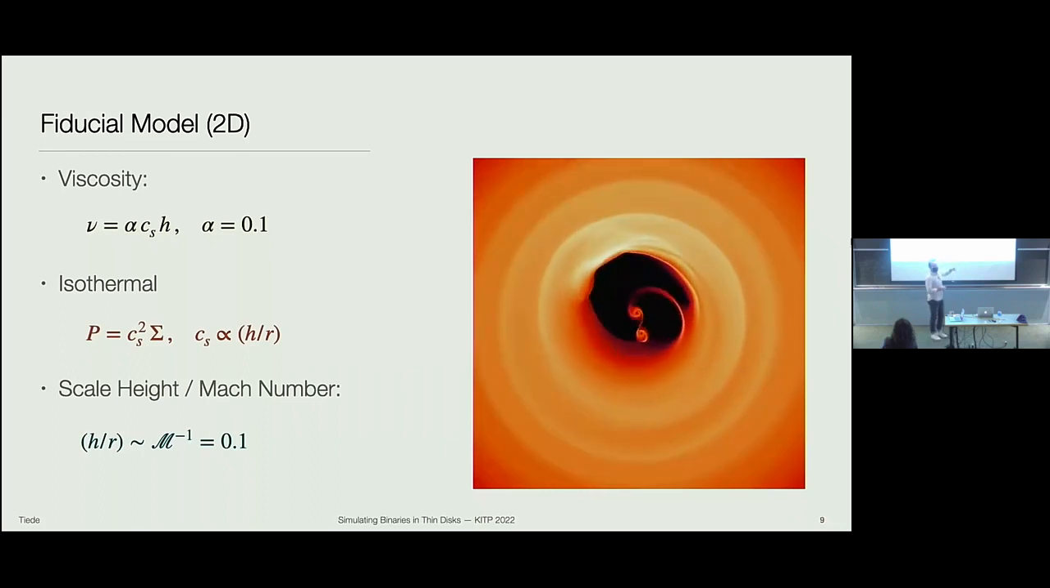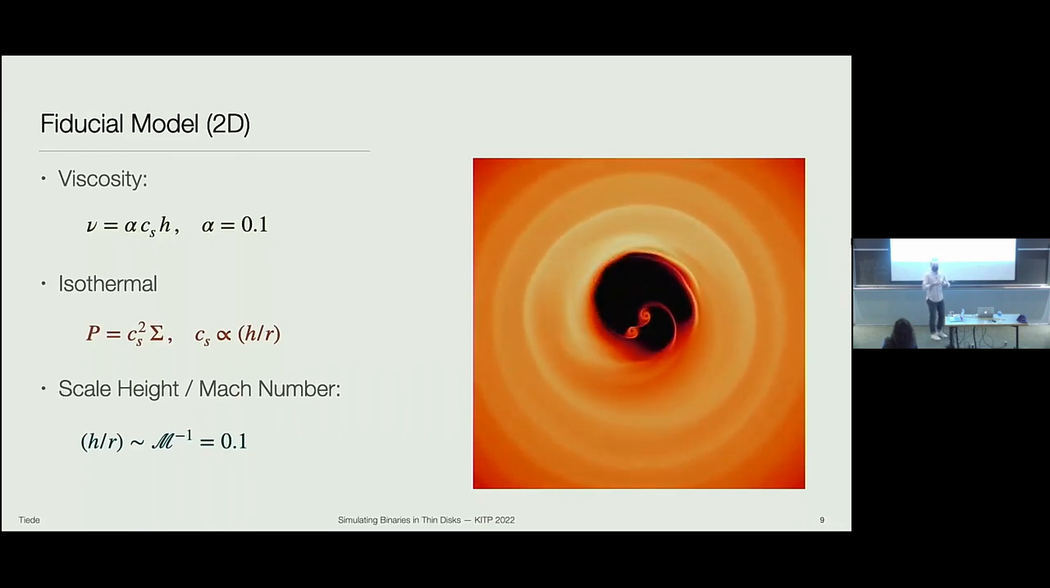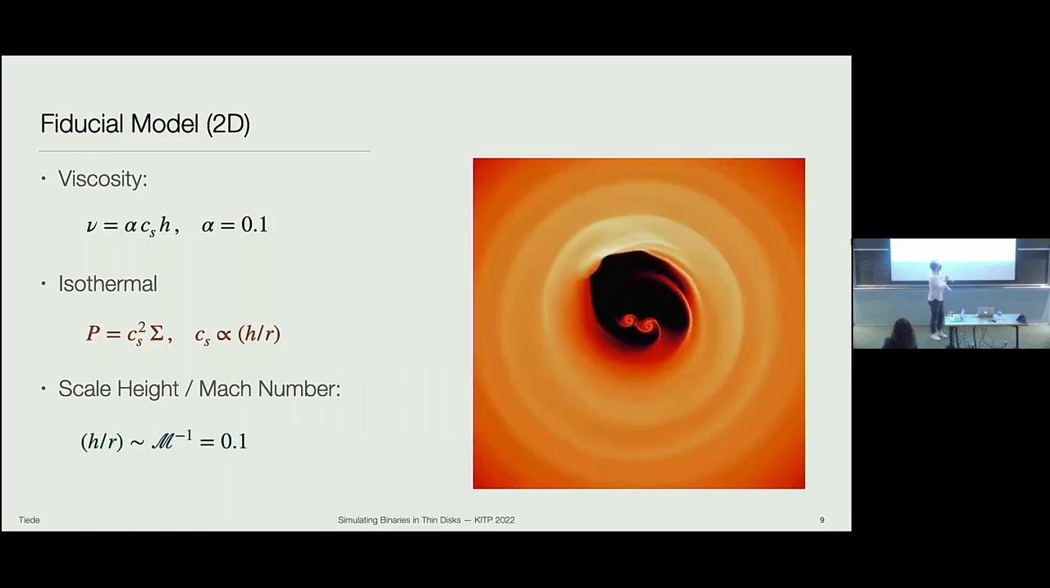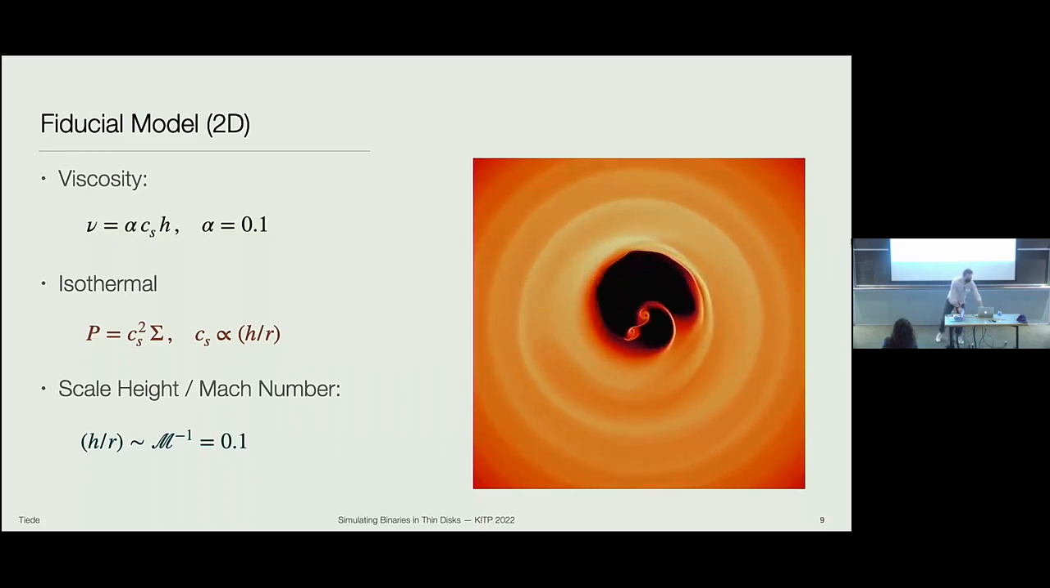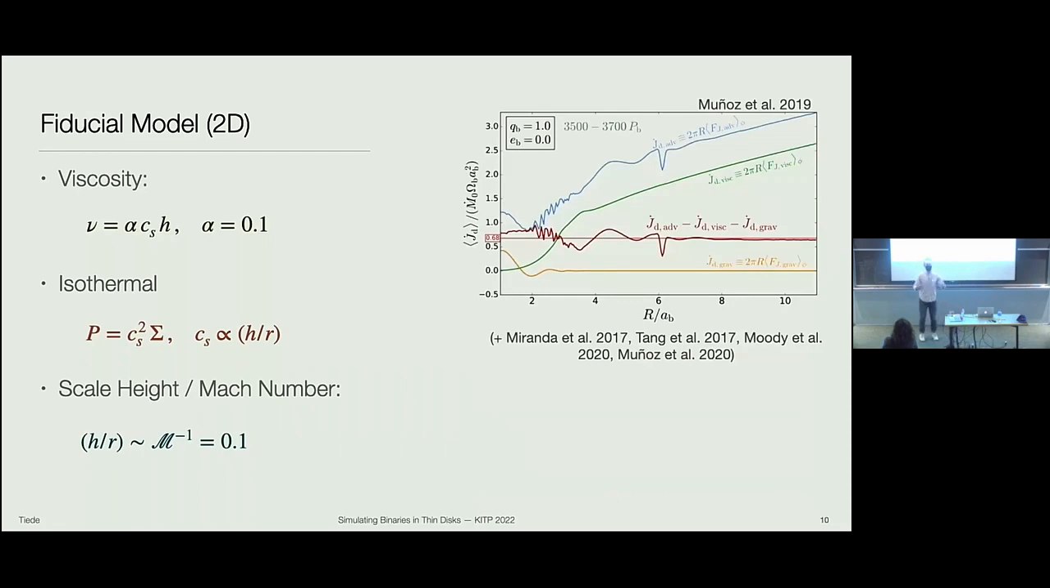Each of the binary components tends to develop its own circumsingle disk, and this is what we refer to as these mini disks that have been discussed quite a bit so far. And then there are these streams that form that connect the outer disk to each of the binary mini disks. So then studying the orbital evolution of this in the last 3 to 5 years,